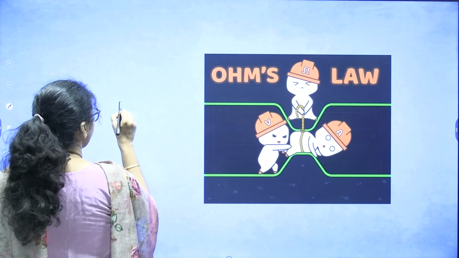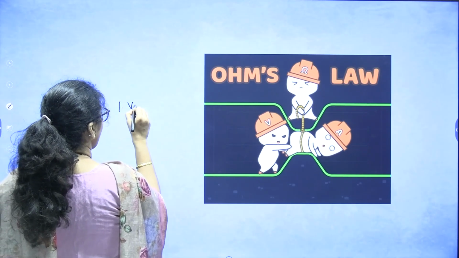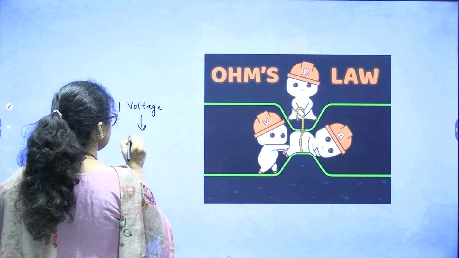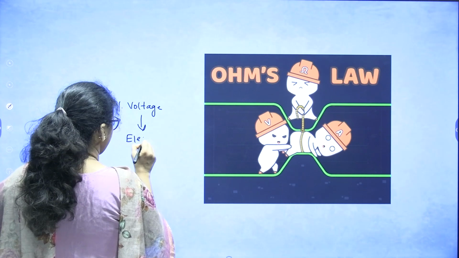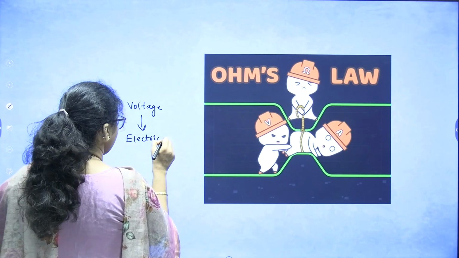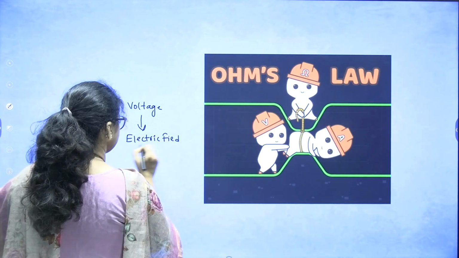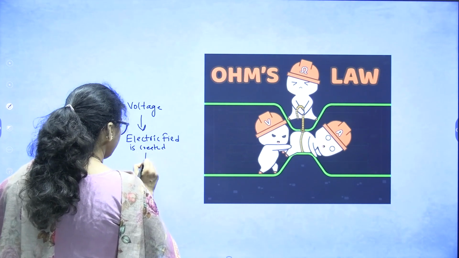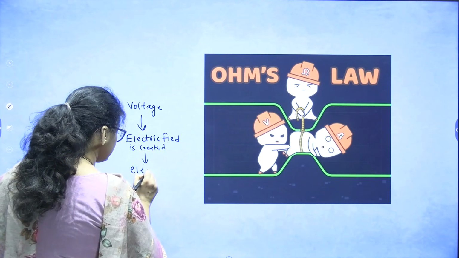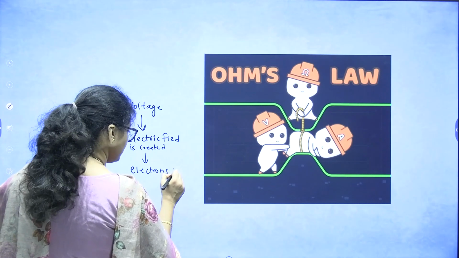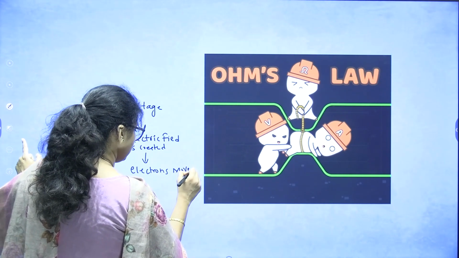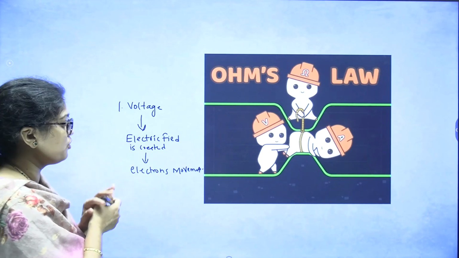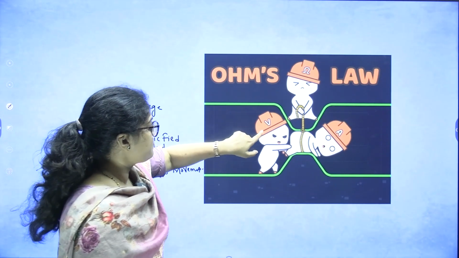And one more point I have said: because of voltage, electric field is created. Clear? Yes. So the next point is electrons' movement. This was clear in the last slide. Now, if you observe here,